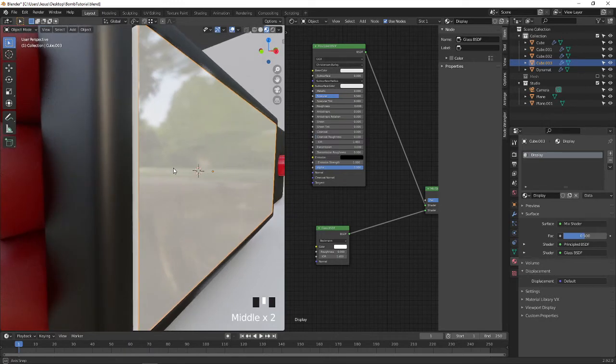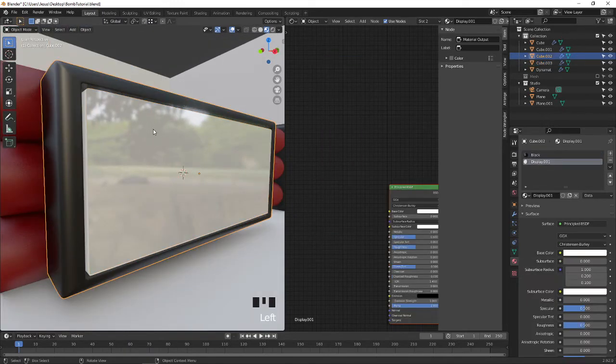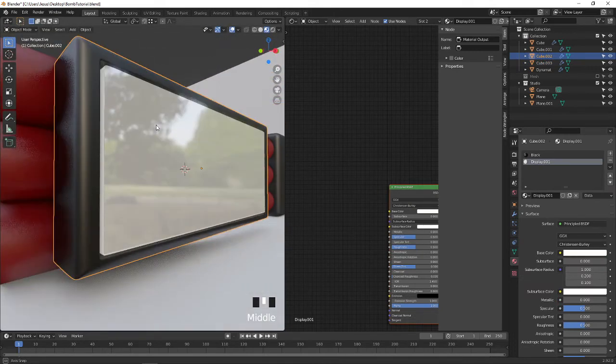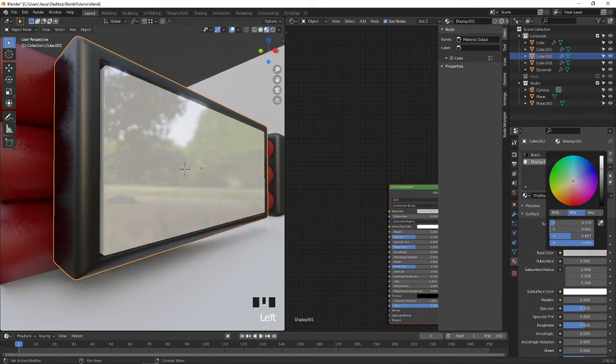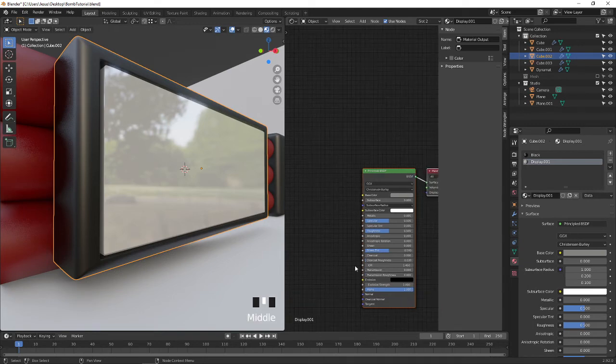Now you can see it's full white because the background is also white for us. So this is the display which comes for us. So what I'm going to do, I'm going to select this, I'm going to make it a little bit darker, and I'm going to give the same here.